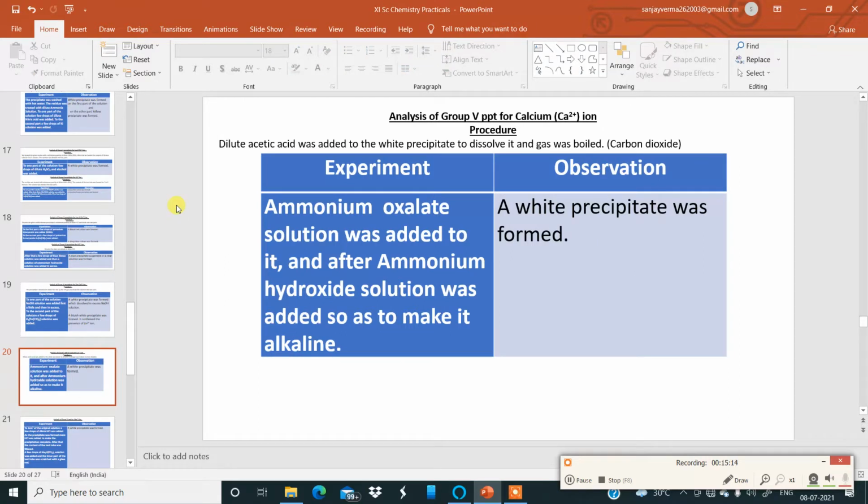I will get the precipitate for calcium ion by boiling off the H2S which was passed before, cooling it, and then adding ammonium chloride and ammonium hydroxide to the sample solution containing calcium. Then I will add ammonium carbonate, warm it, and filter it. The residue part will contain calcium ion. But here I will do the test for calcium ion directly. Now let me show you the identification of zinc ion first.